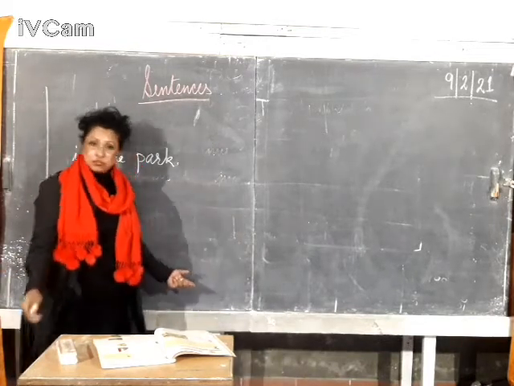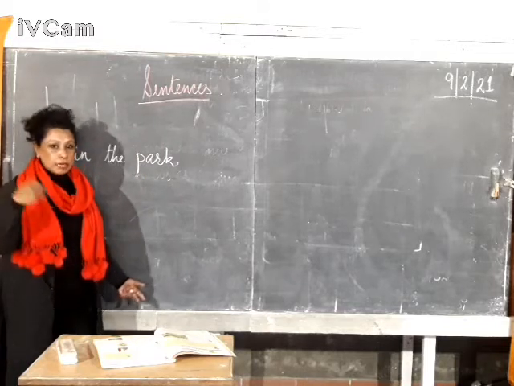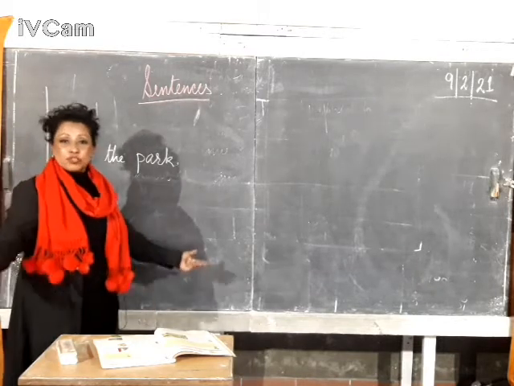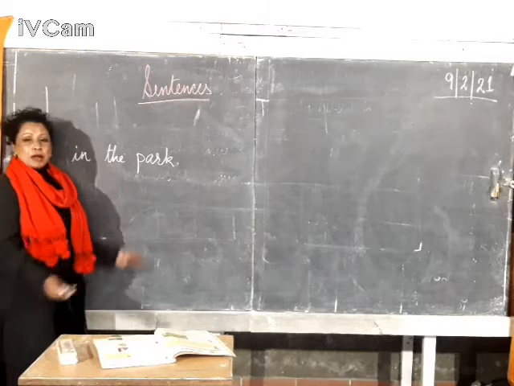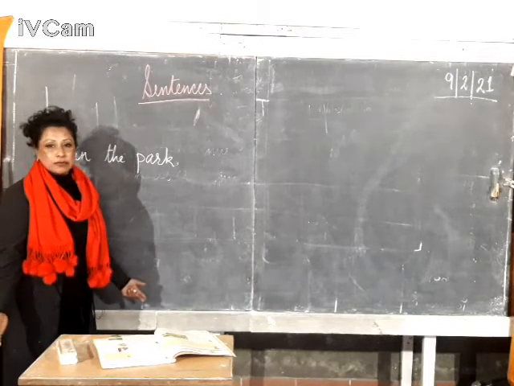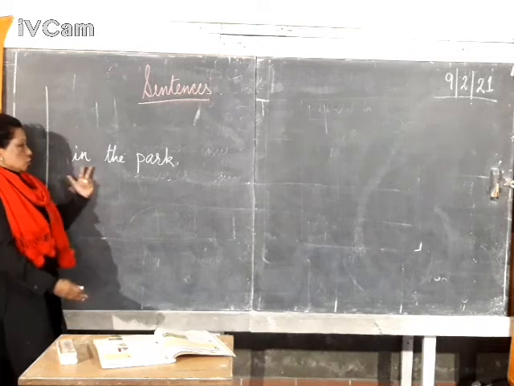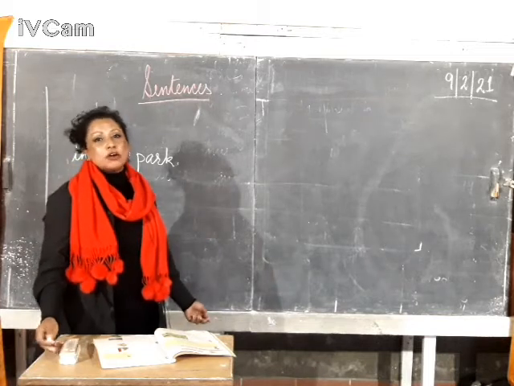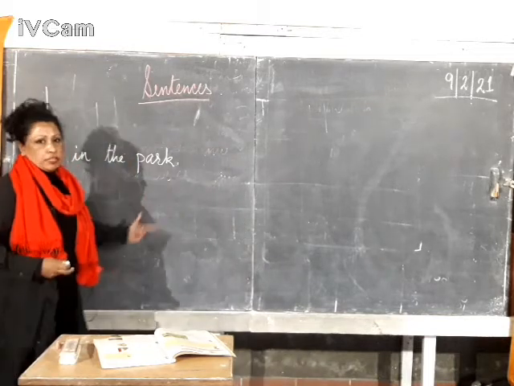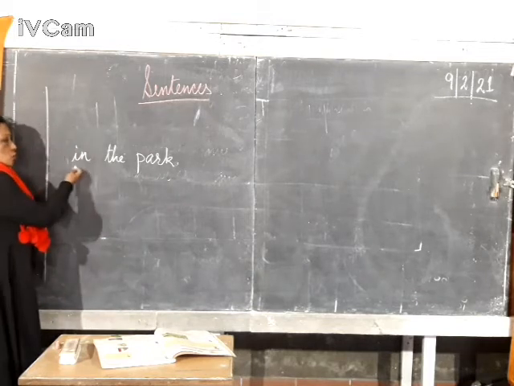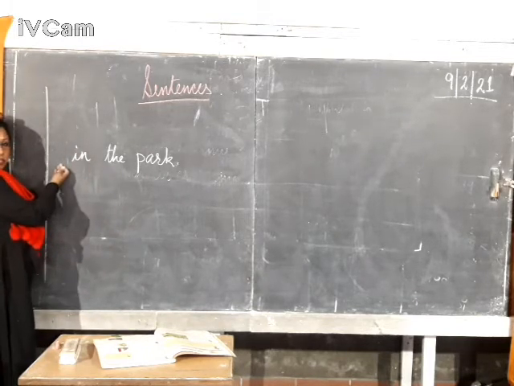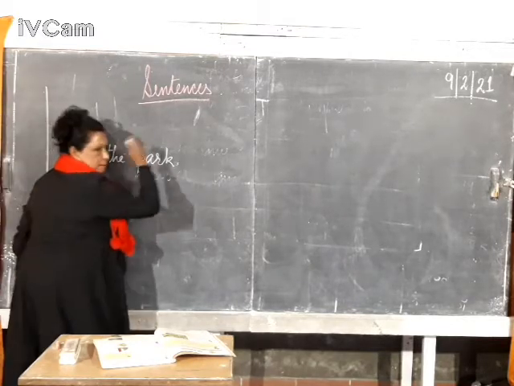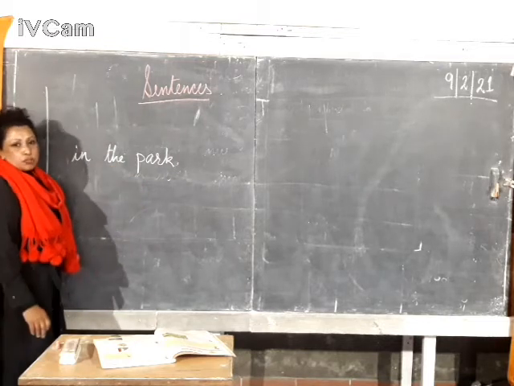What happened in the park? So you might ask many questions. The questions might arise in your mind. What happened in the park? Or who's there in the park? Isn't it? There are so many questions that you might ask. So, in the park means it makes sense but not complete sense. All right? So, you need to add. This group of words which does not make complete sense, only a part you'll understand, that's called a phrase. All right? These are called a phrase which you don't understand completely. So, you either add a few words in front of these words, or you can add a few words after these words to make complete sense.